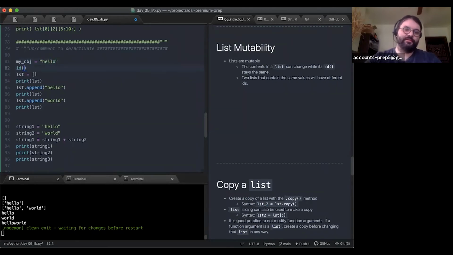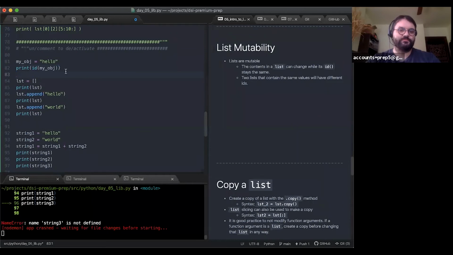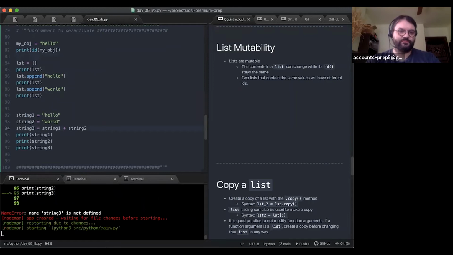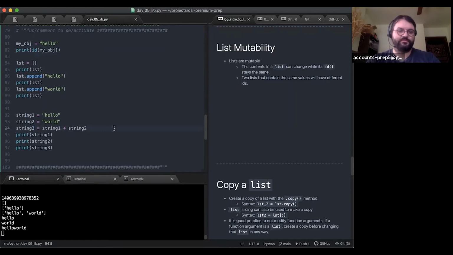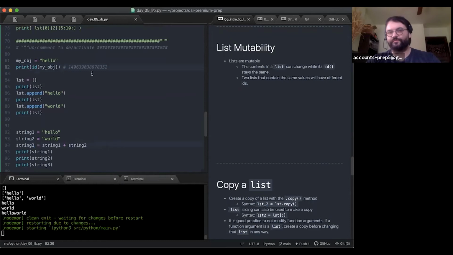And now in order to see the ID, we have to print it, right? We'll print the ID of my object. So this is the ID of that object here. If I run this every time, it's actually going to change.